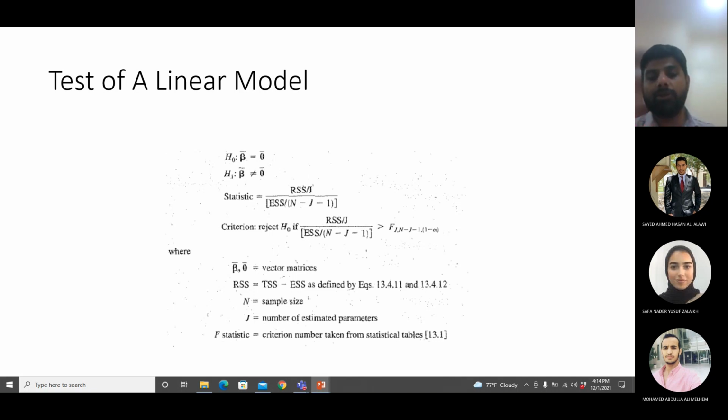If you compare it, and the standard F value is less than the statistic which you are getting from the model, it means you will reject the null hypothesis. Beta is not equal to 0. Null hypothesis was beta is equal to 0. So when your statistic is more than the standard F value, that means beta is